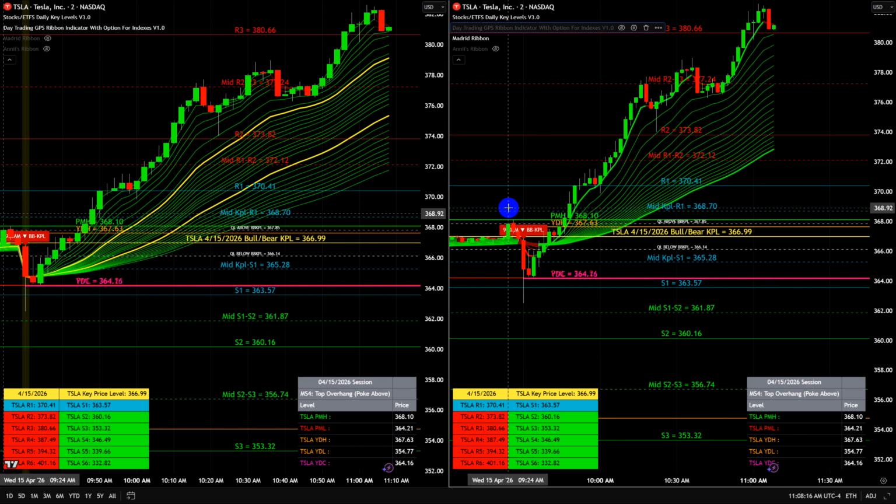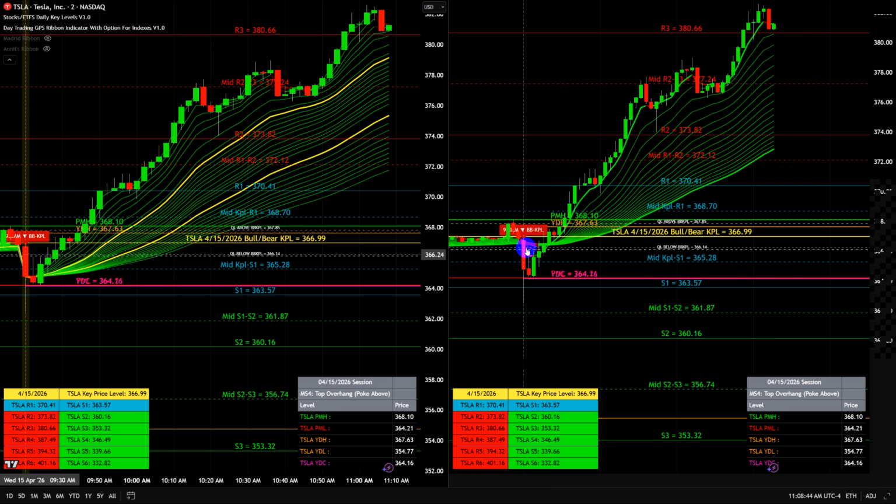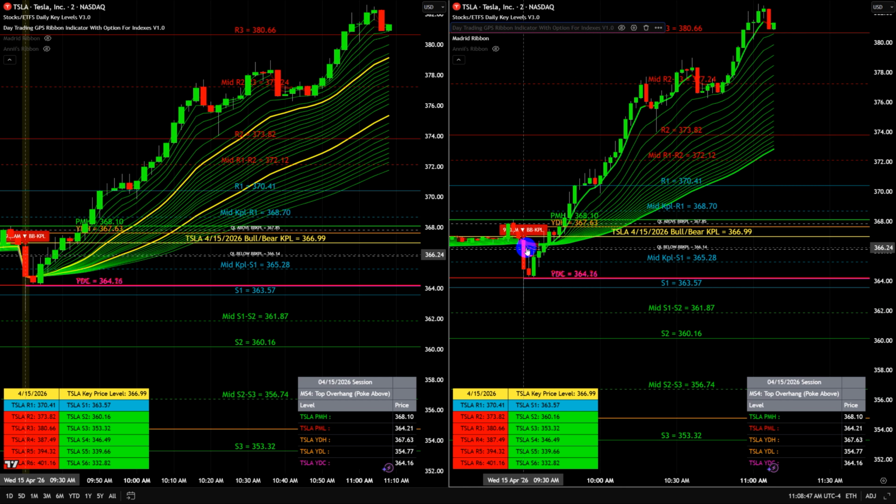So this is one of the advantages of using the dual screen with an RTH reset, such as this, is that you can see both with the filter on and with the filter off. And typically, the RTH session starting at 9:30 is when you really start to see the volume come in, and that's when you're going to see what's really going on. So, especially if you're trading options, because as you know, options don't start trading till 9:30. So this is especially important if you're trading options on stocks or ETFs, which would put you in the same position as trading